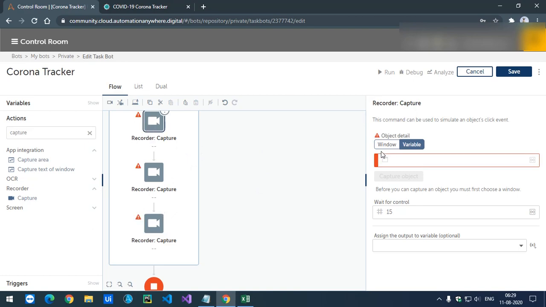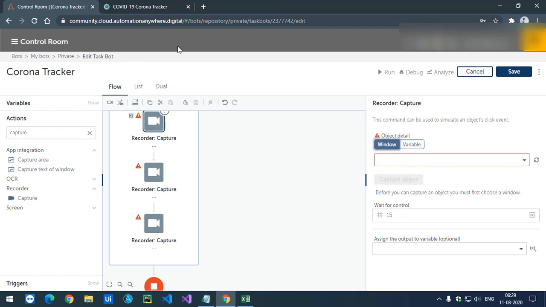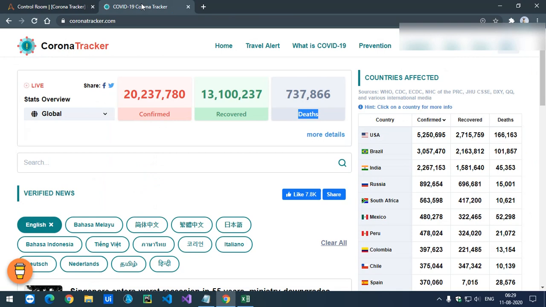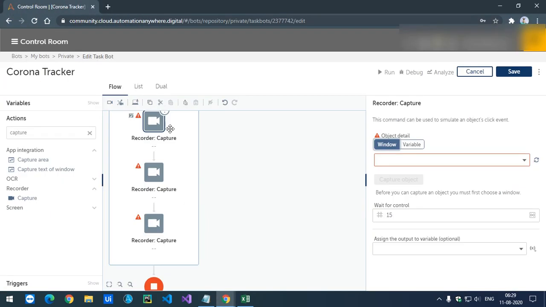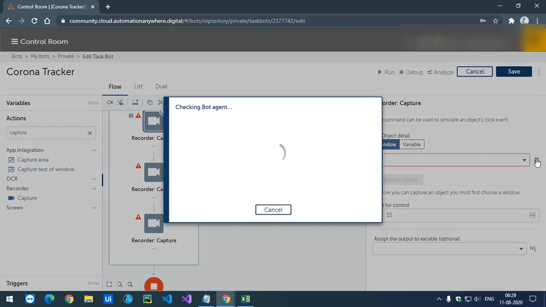Now we need to capture the window. I need to get this window only, like this. It will open another browser like this, not in the same tab. Let me just refresh this.